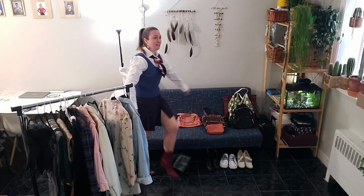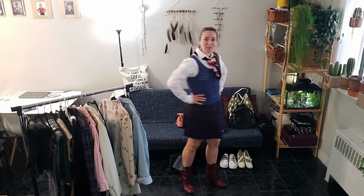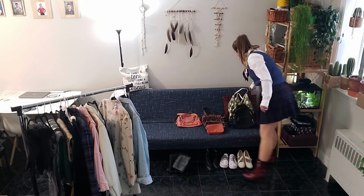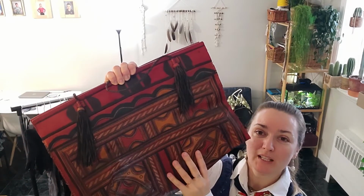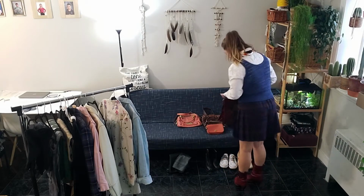So when I bought it, it wasn't vintage, it was new, but it was this cool boutique shop that had really nice leather work, and I really like them. So this would be a cute fun look that I would do if I wanted to, and I could probably wear even this bag just as an accessory. This bag I feel like matches the leather, and it is also vintage, and it's real leather, and I love the patterns, and I thrifted it for like, I don't know, $7 or something. So this whole thing